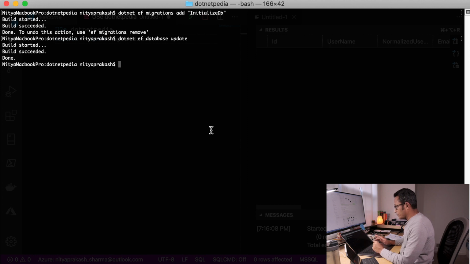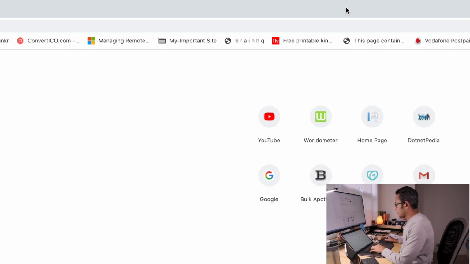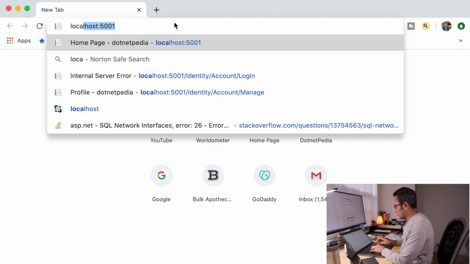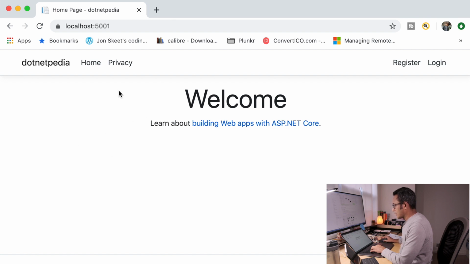Okay, so now we are just going to run and check everything's working fine or not. So we have dotnet run. Okay, our application is running. So if I go to Chrome, localhost, our application is running now,